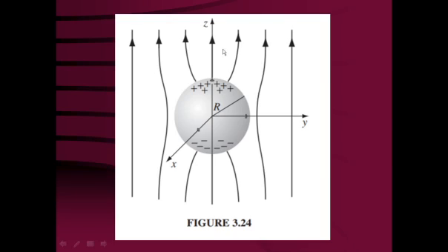So, this figure you understand, initially a uniform electric field E0 z is present. What does it mean? Uniform electric field means the magnitude of the electric field is the same and the direction is also in the z direction only. So, in that uniform electric field a metallic sphere is placed. This metallic sphere has a radius of capital R, and the center of the metallic sphere is at the origin.